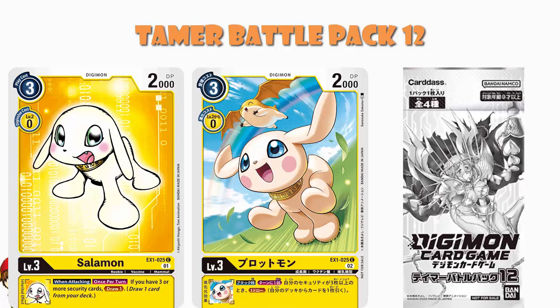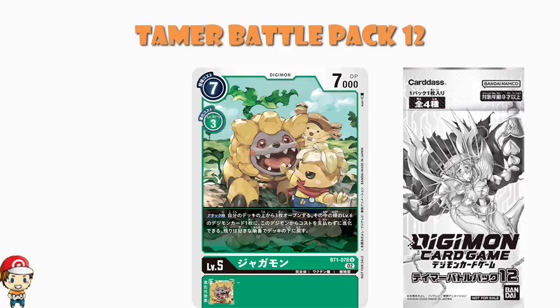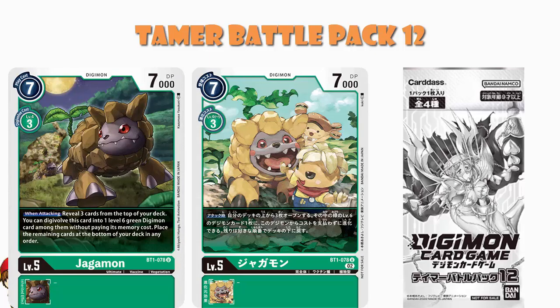And then the final one we've got coming in here is your Jagamon, which actually is an alternate art of a card that came around all the way back in BT1. And we know it's got to be the BT1 Jagamon, because as it stands at the moment, this is the only actual Jagamon we've ever had released. It's the one whereby when you are attacking, you reveal 3 cards on the top of your deck, and then you can Digivolve this card into a level 6 green Digimon you find without paying its memory cost, which is really cool. It means you get to be a level 6 when you attack, not a level 5, and you